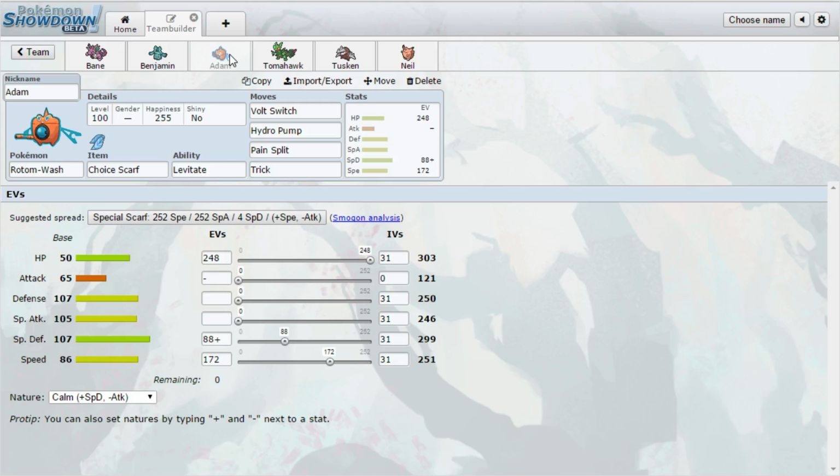And now that we outspeed it, we can afford to put the rest into bulk. We could have put it into special attack, but what I also anticipate using this Rotom for is tricking a Scarf onto Reuniclus or Florges that are trying to set up Calm Mind. So if we do come into a situation where we get rid of our Scarf, I don't think that the special attack investment is as useful. I think the bulk investment is more useful,